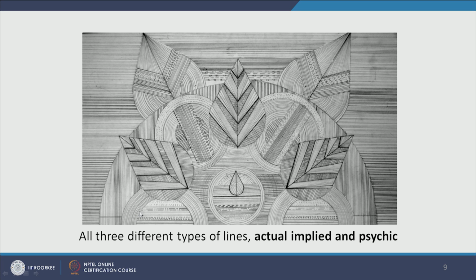So these are implied lines, and if we see the complete composition, from the center it has a focal point, and from the center all these leaves are radiating. So these are actually psychic lines. The user's eye attention first comes here in the center, and from there the user starts to look from the outside at the corner of the